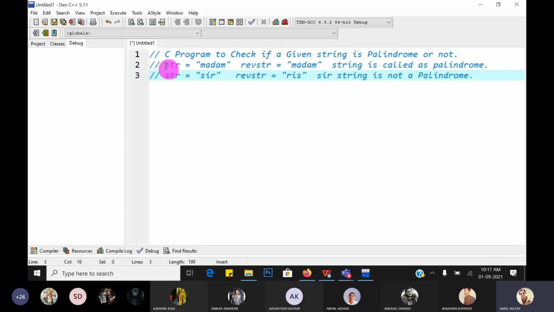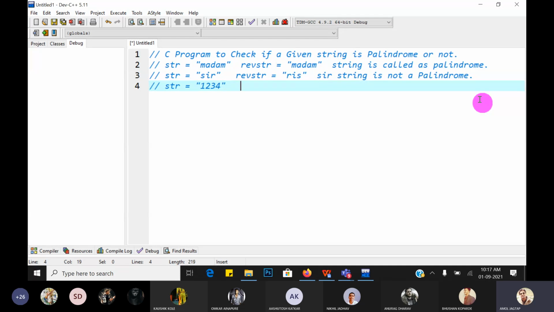So if the original string and the reverse string both are equal, then that type of string is called a palindrome. And if the original and the reverse strings are not equal, then that string is called not a palindrome string. Maybe the string may be numeric. Yes, it is also possible. Suppose str is equal to the numeric string 1 2 3 4.